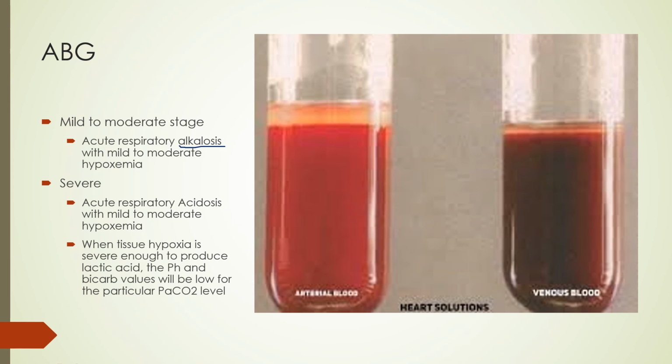So you create more parking spaces for oxygen, so you have more of a chance to have this nice looking good oxygen delivery to your tissues, including your brain, because your brain wants to save itself. So initially, in almost every one of these respiratory conditions, if you had to guess, respiratory alkalosis in that mild to moderate stage. When it gets severe, when those respiratory muscles start to fatigue, you'll either see a normal ABG,